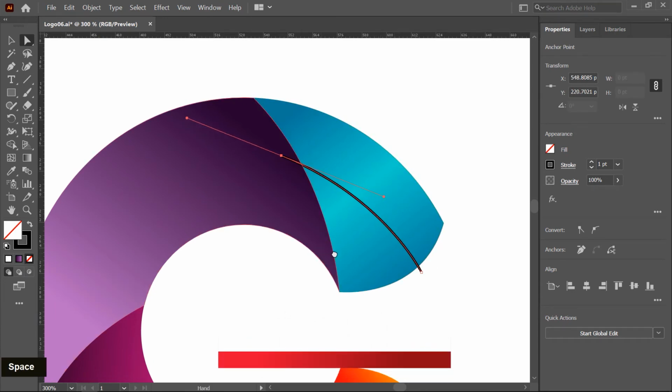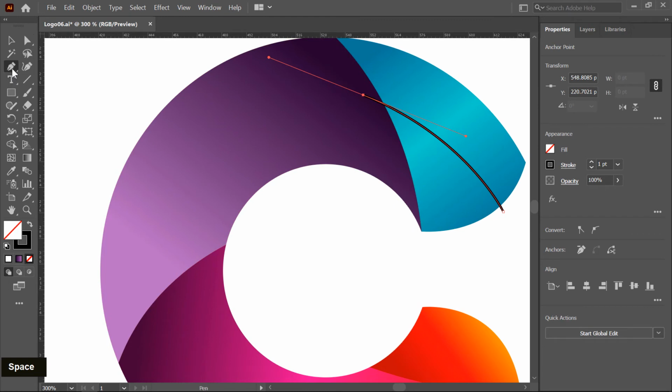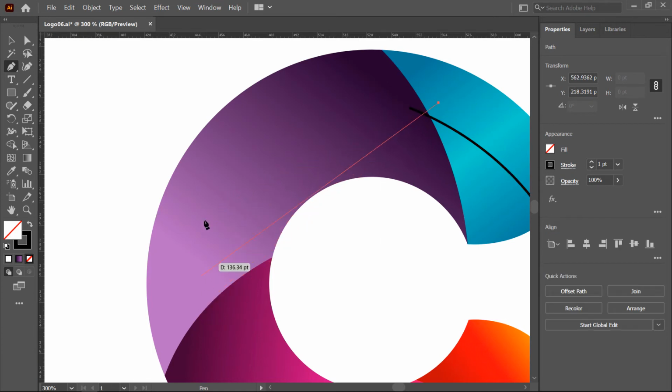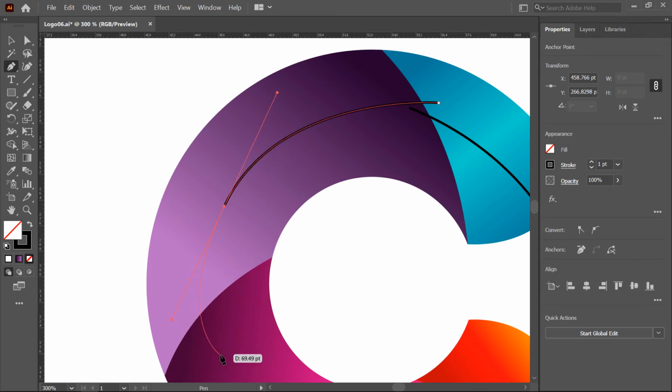Okay, and same as I create other curves. So first press escape key and then create the next curve. We have to modify this.